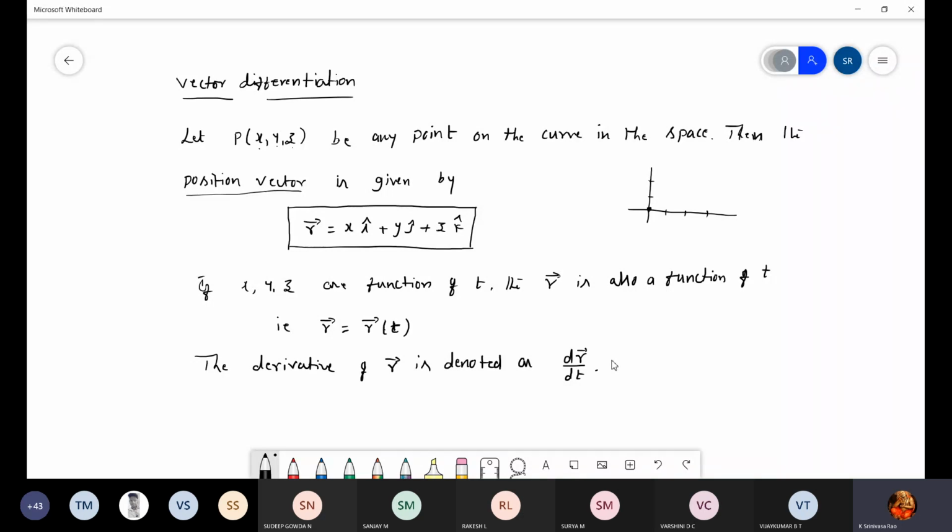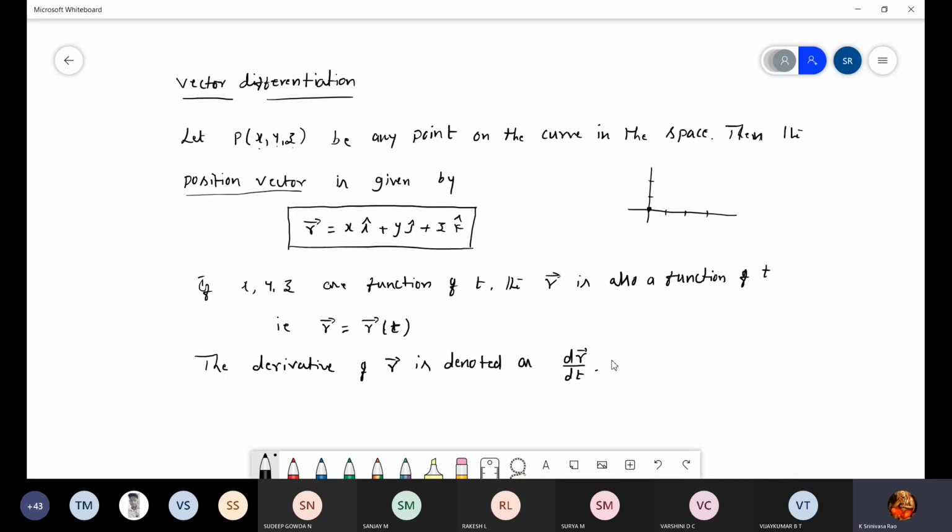In the same way, if you want to say how many kilometers your house is, it is required to say from which place. I can't simply tell 5 kilometers or 10 kilometers. From where is it 5 kilometers, from where is it 10 kilometers? So one reference point is required. Similarly, in this concept also we require one position vector, the initial vector, so we named it the position vector. It is like a reference vector.